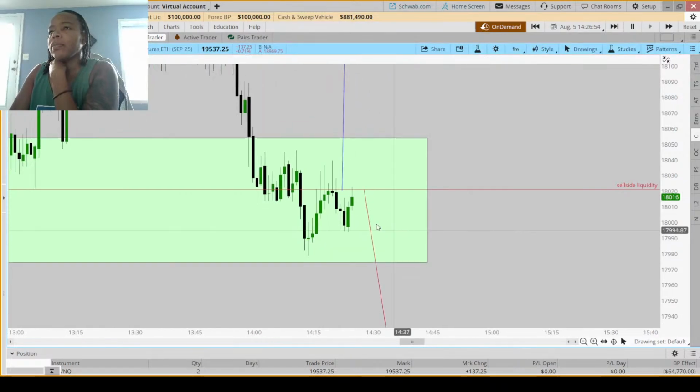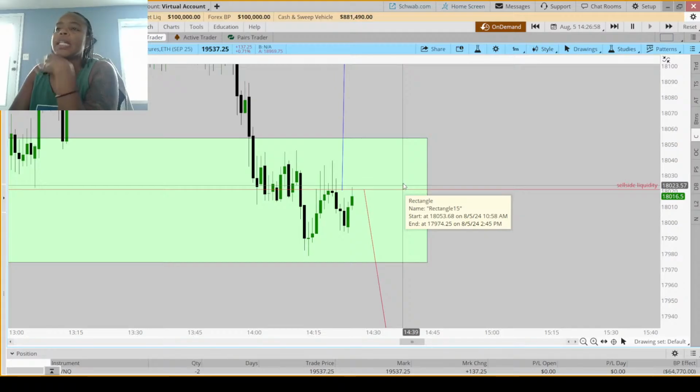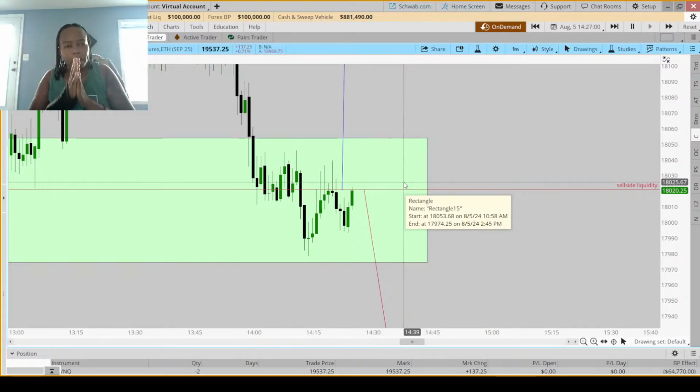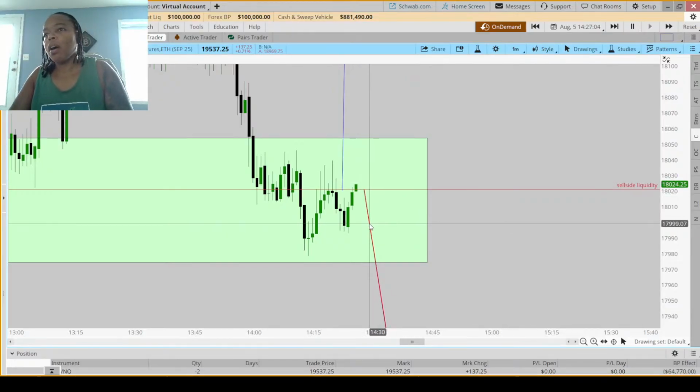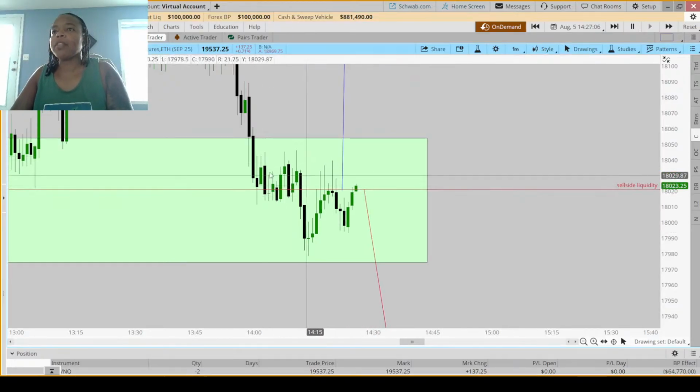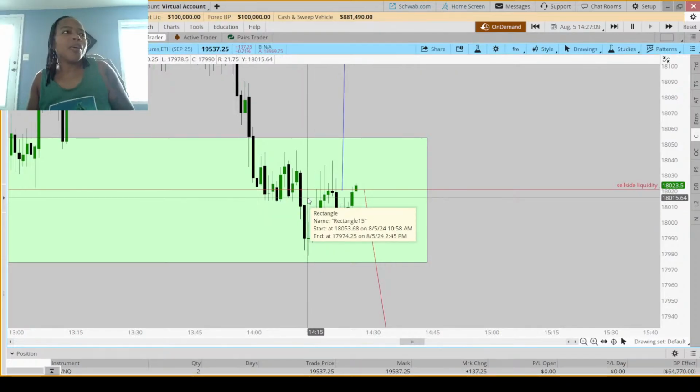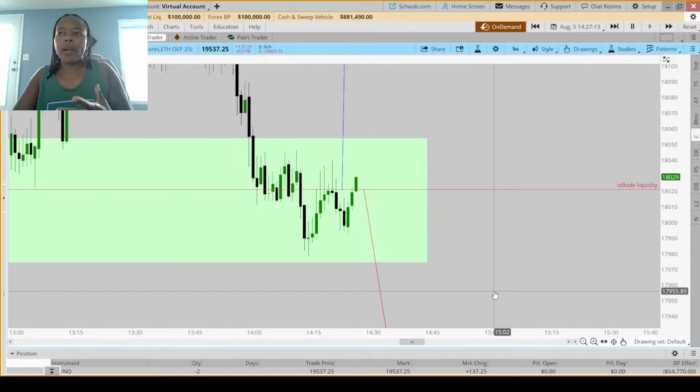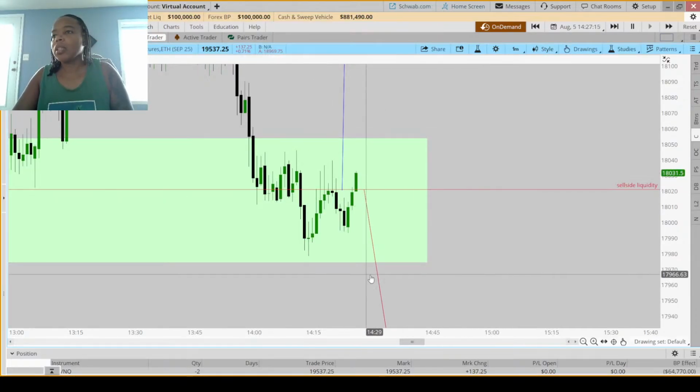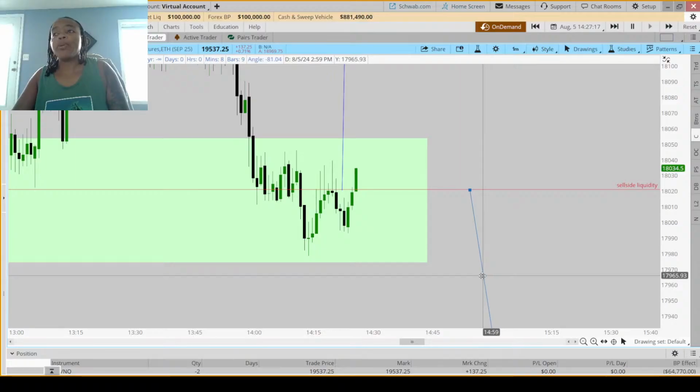So then I would have been just about... it's not my setup. My setup is sweep, shift, enter. So I've been waiting for a long. I put this in here as an example, like if somebody else was more comfortable. I don't like taking shorts close to the lows. I don't ever get what I want from those, like ever. So I don't take them.